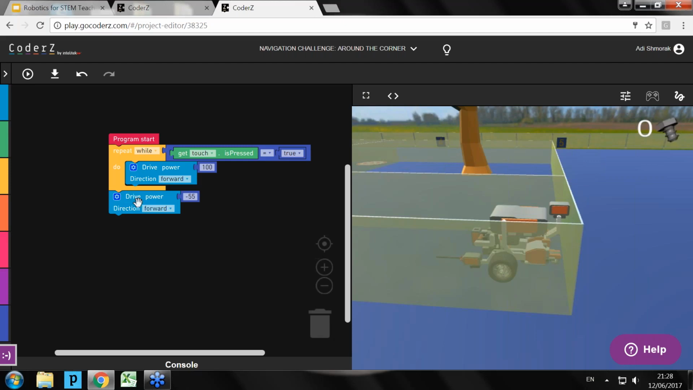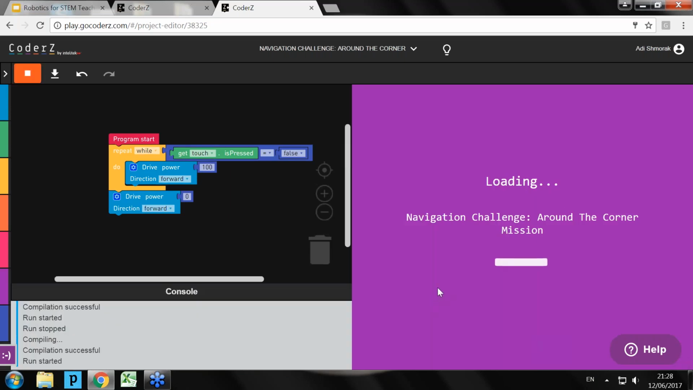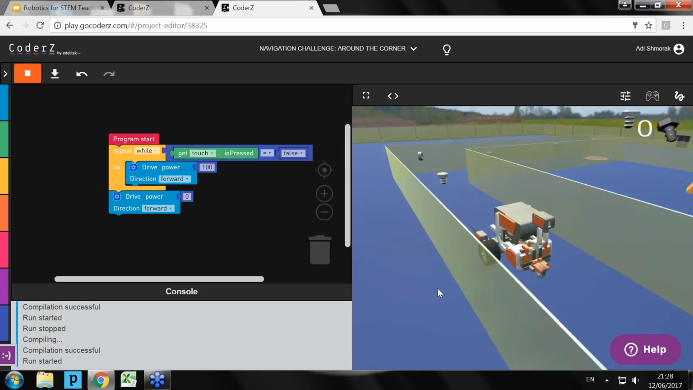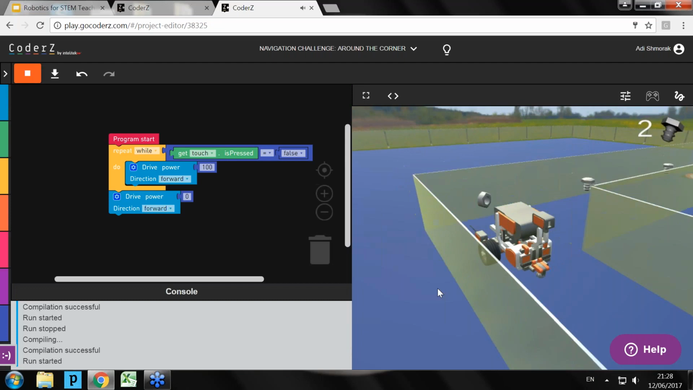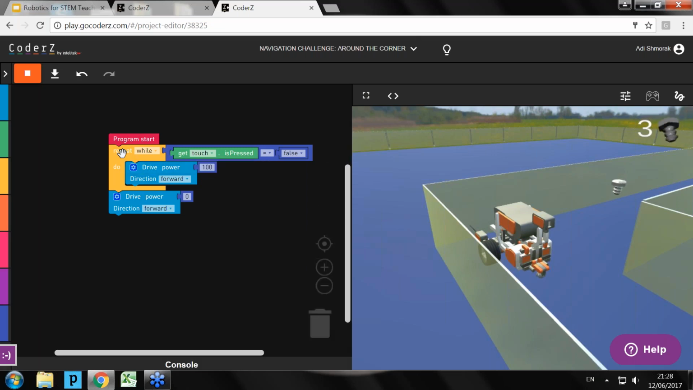Now, when we understood how we can stop the robot once it hits the wall, which is drive forward while the touch sensor is not pressed, and then stop when it is, we can try, and let's run it, make sure that it works. Excellent. So based on this condition, we can try and create a new one that will instruct our robot to